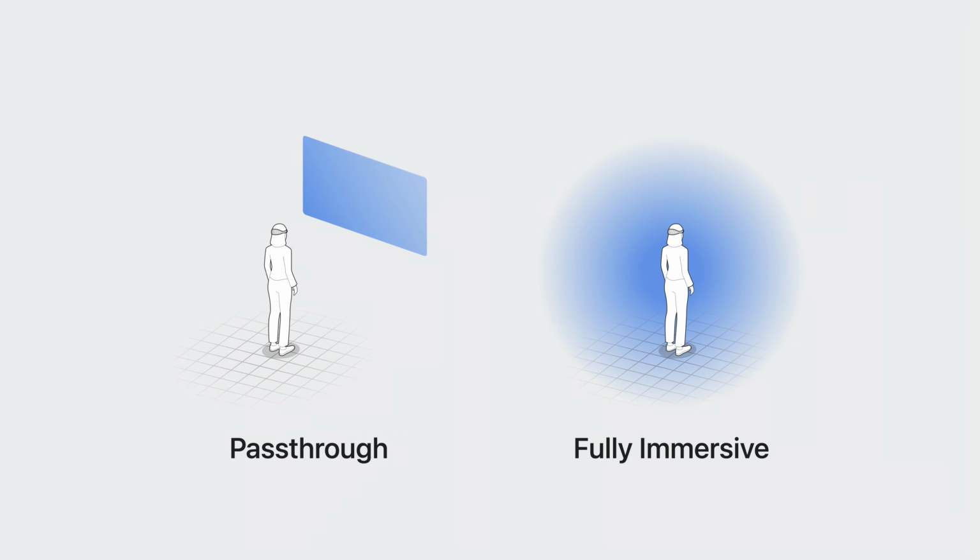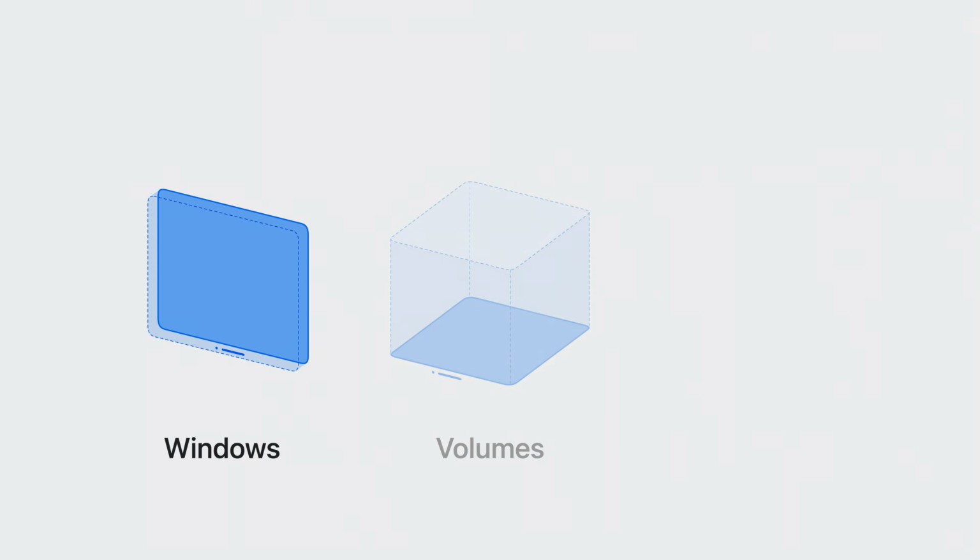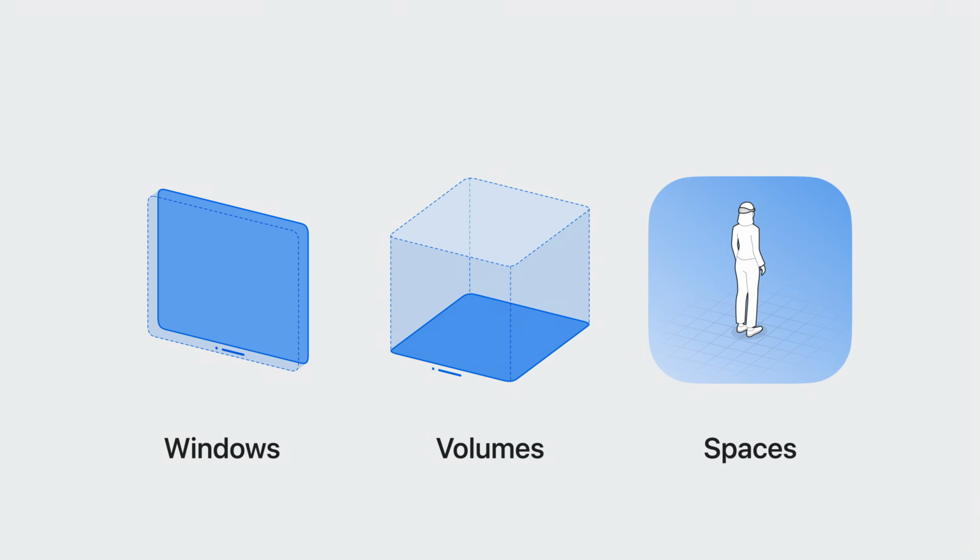You can also choose to render to a fully immersive space to fill up the entire field of view. This allows your app flexibility to deliver on the creative intent of your app by customizing the lighting of virtual objects, as well as the ability to choose audio characteristics. These are the foundational elements of spatial computing: windows, volumes, and spaces. They give you a flexible toolset to build apps that can span the continuum of immersion. Christopher will talk more about this later.